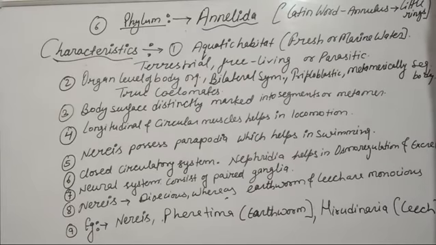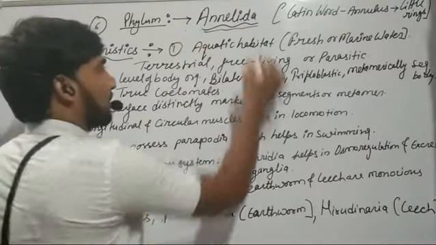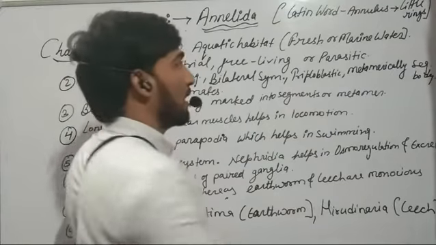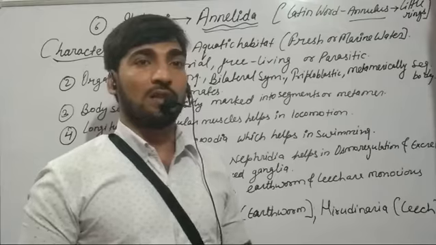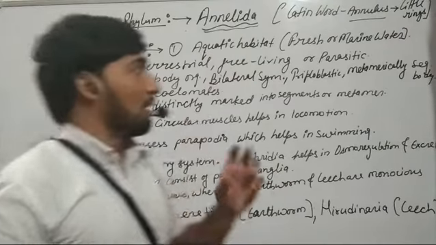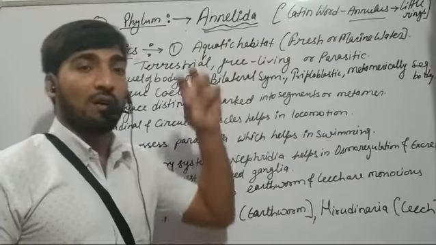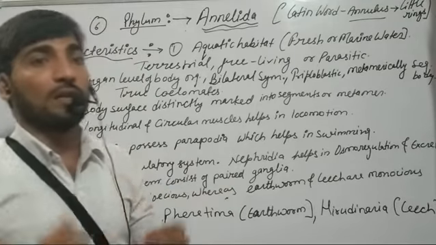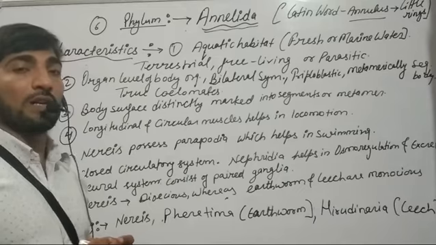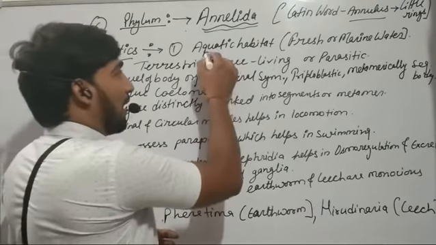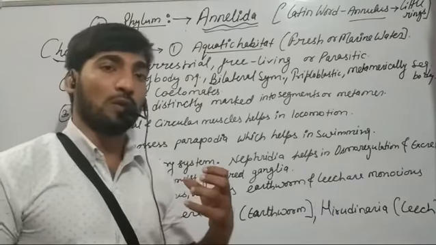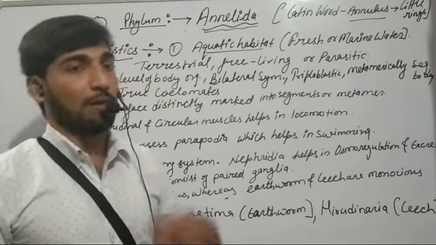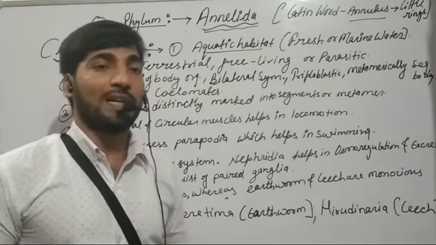Now, our sixth phylum of the animal kingdom is Annelida. This term came from a Latin word, annulus, which means little rings. So annelids are organisms whose body is made up of small circular rings. Basically the organisms belonging to the annelids have an aquatic habitat. They can be found in both fresh water and marine water. Further, they can also be terrestrial, they can be free living, or they can be found in parasitic forms